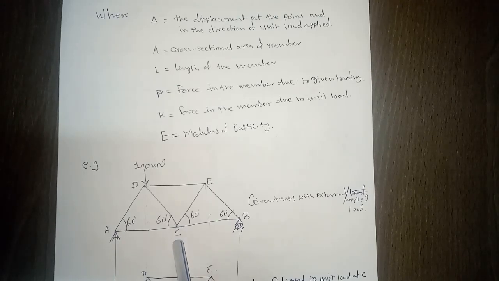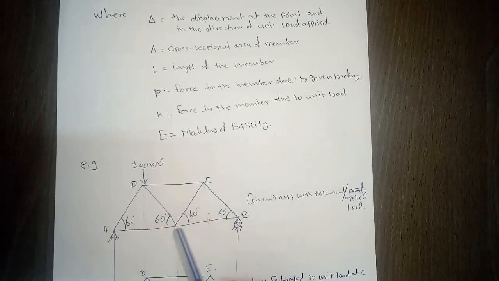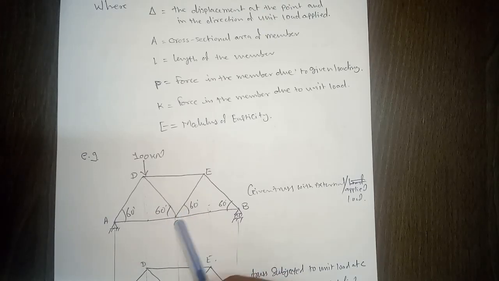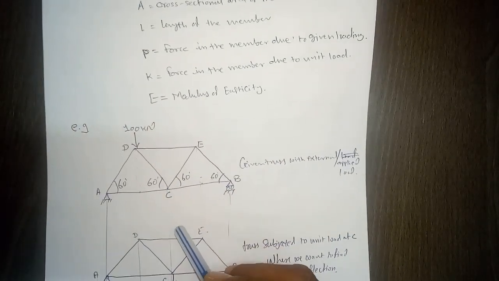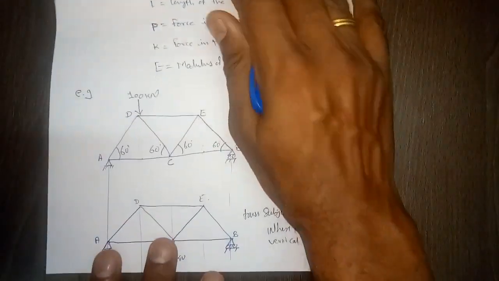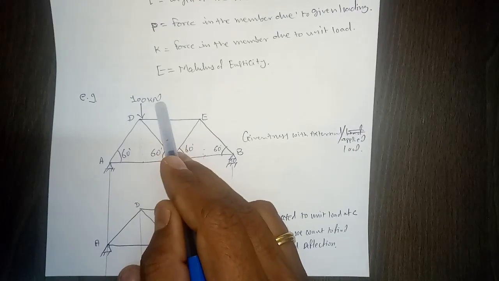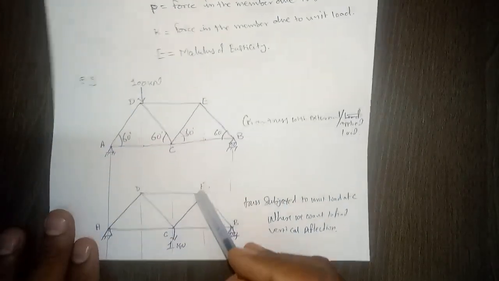For example, here it is well expected that because of this load this is going to move down, so we should consider a downward load. But if by chance you consider upward, then you will get a negative answer, right? If it is negative, then whatever answer you get is correct, only the direction needs to change. Then you remove this 100 kilonewton external force, and then apply